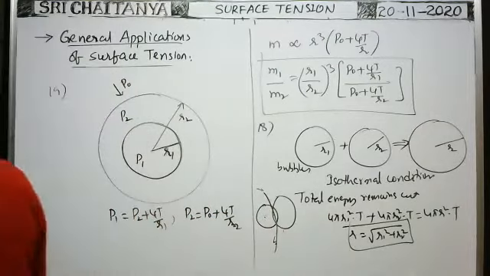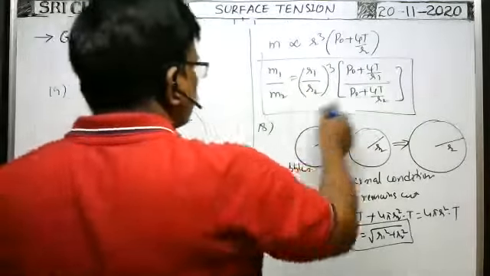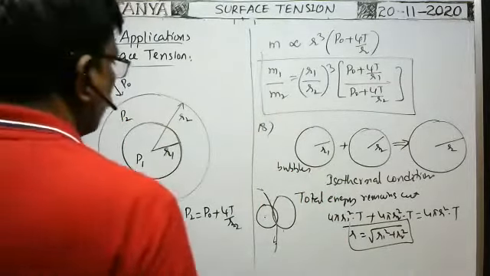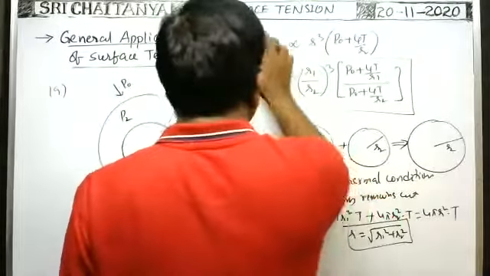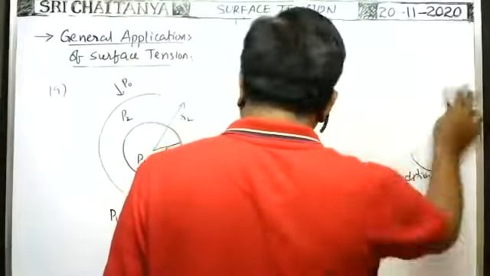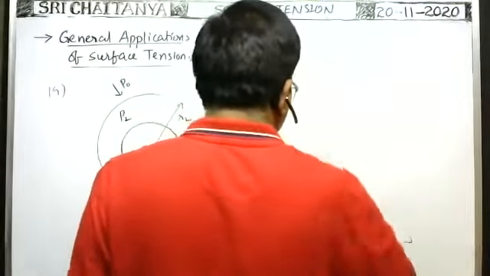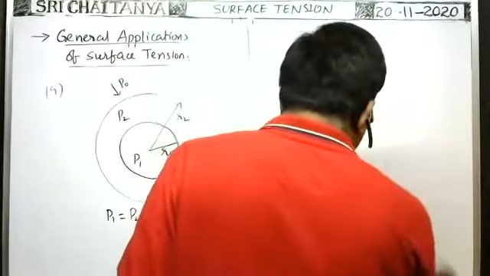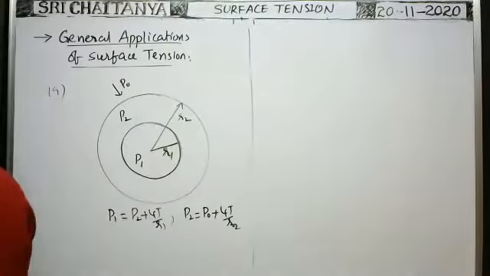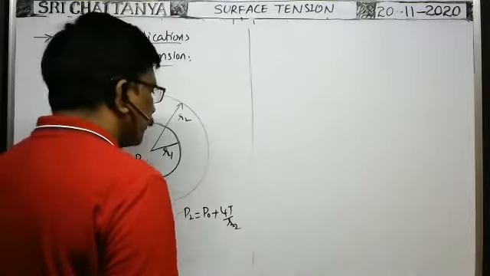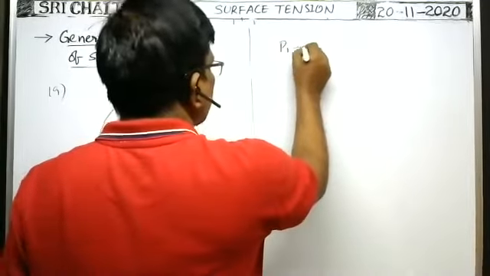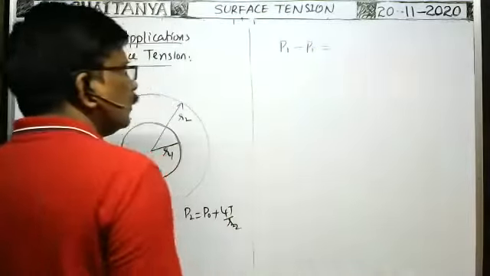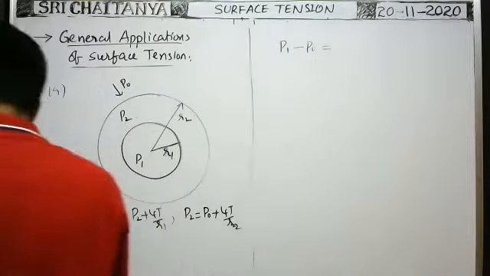Okay, now what is the radius of the single bubble in which the excess of pressure is equal to the difference between the pressure inside the smaller bubble and outside the larger bubble? If this pressure is the excess of pressure, we need the radius of that bubble. So the question is: